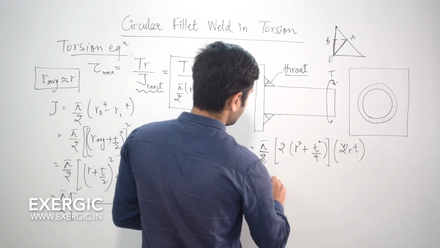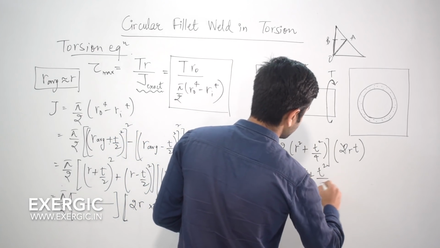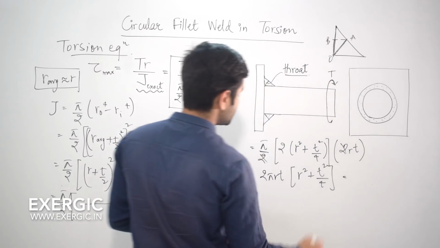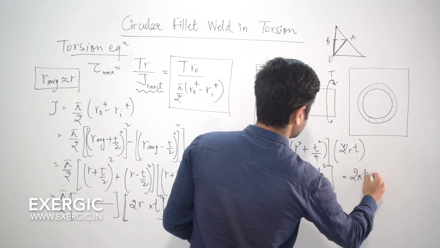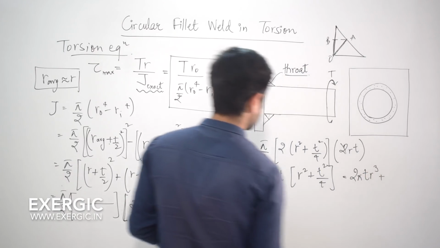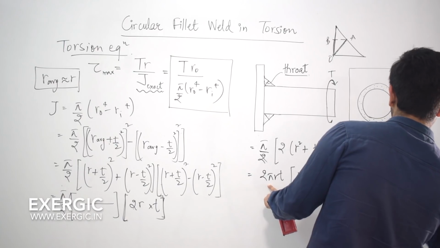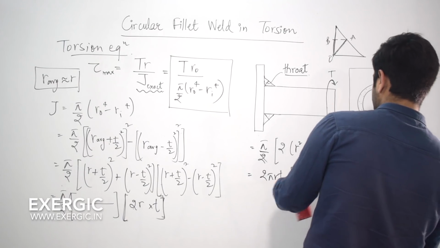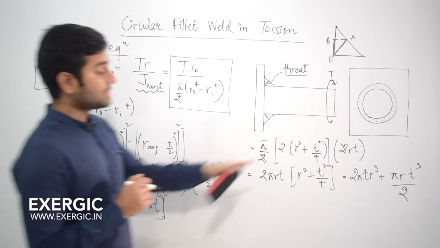So it will be 2 pi rt multiplied by r square plus t square by 4. So this will give you 2 pi tr cube plus pi r t cube by 2. Okay. Now in this expression,